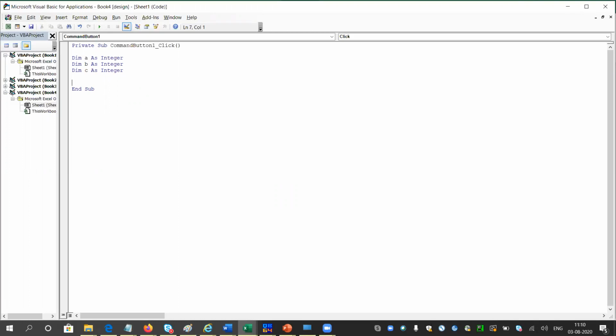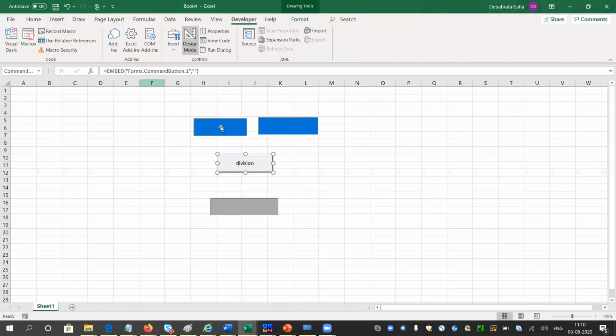In the code, three variables A, B, C have been introduced. A will take the value from text box 1, and B will take the value from text box 2. If you have not checked the last video, no need to worry, I am showing everything.